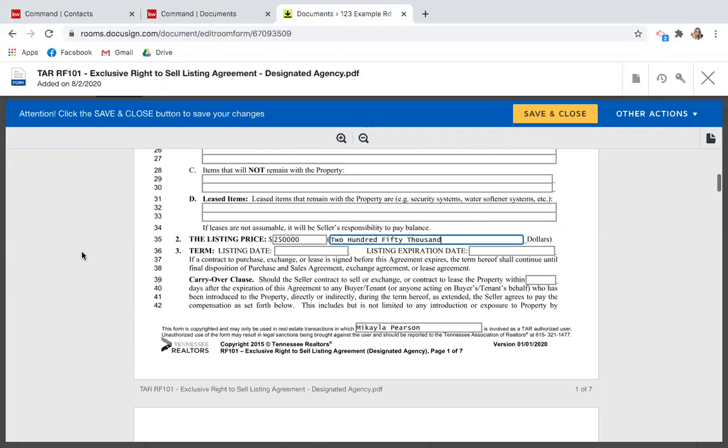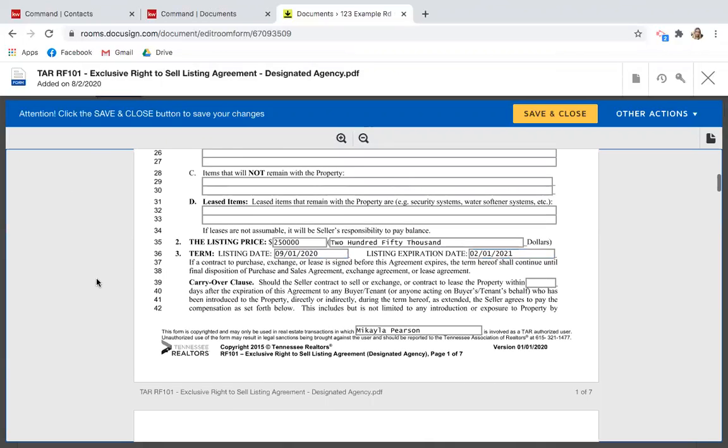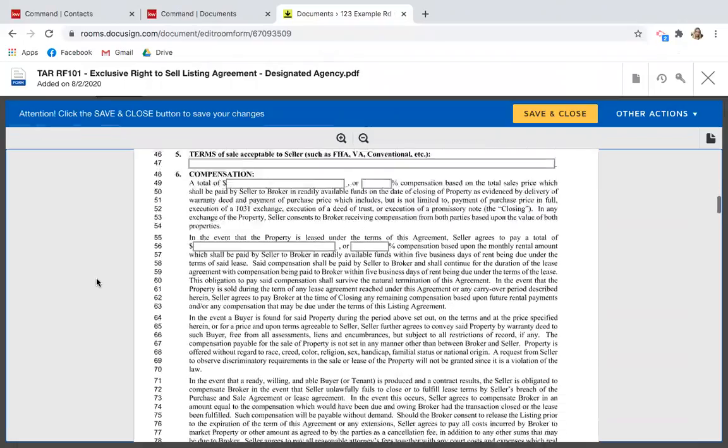We're going to list on September 1st of 2020. And let's just say February 1st of 2021. Again, obviously as a realtor, you're going to go in and fill out all of this information